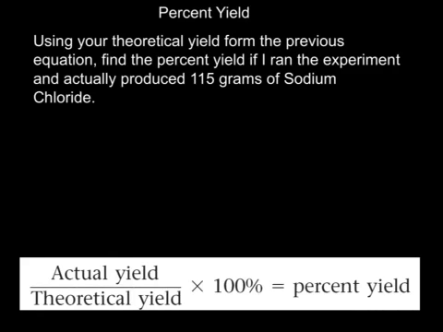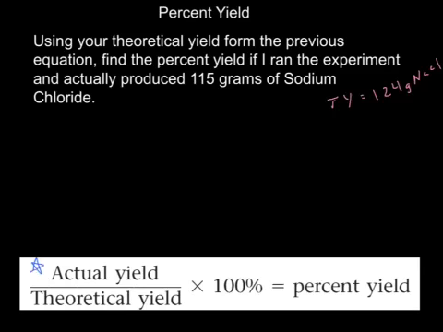Last but not least, let's take a look at percent yield. All right. And using your theoretical yield from the previous equation. All right, so what we just found out is that we have a theoretical yield of 124 grams of sodium chloride. All right, that was our theoretical yield from last equation. All right, we need to find the percent yield if I actually did the experiment and produced only 115 grams of sodium chloride. So if you look down below,